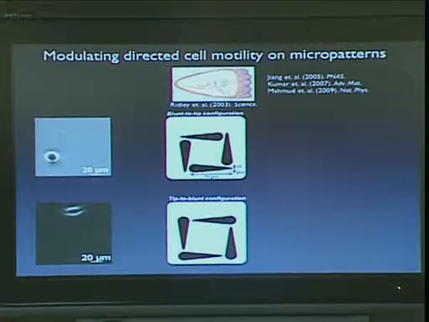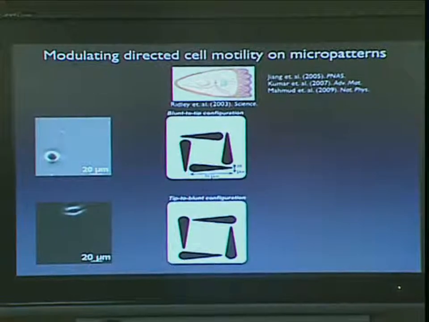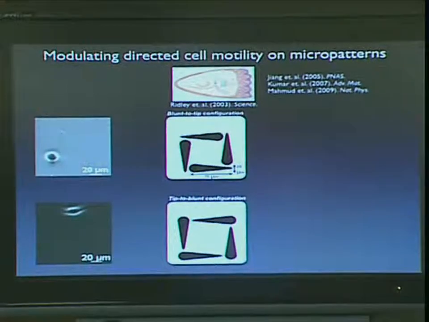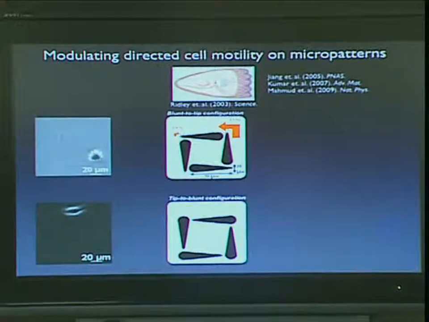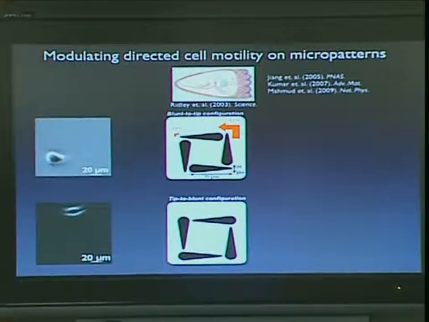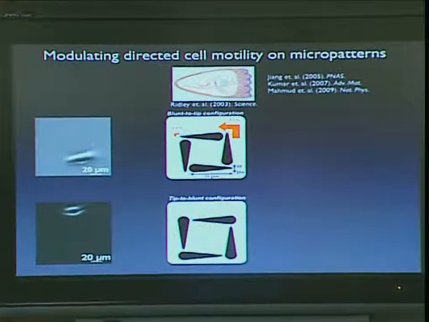And one of the things we've observed is if you arrange these teardrops in the fashion shown here, and you put the same cells that I've been talking about so far on them, these are mammary non-transformed epithelial cells, they will run around on the pattern. I think this one will go about 8 times in a highly persistent manner. Okay? So 80-20 is the statistics over a large number of cells. But what we learn from this is that these cells tend to jump out of the tip and not out of the blunt, and they jump to the side,